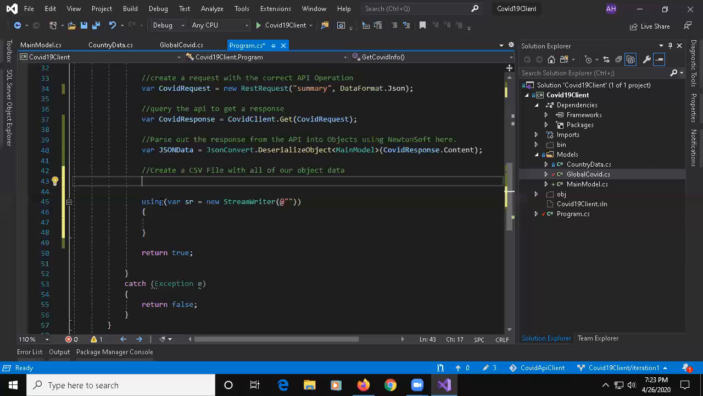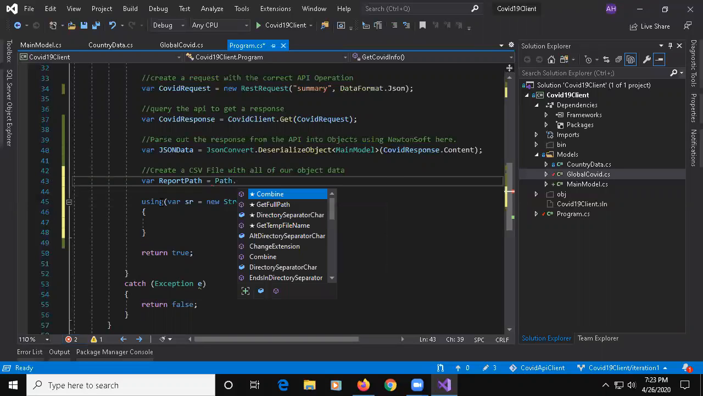So let's do this before we do that. We are going to create a couple of different things that we're going to form our StreamWriter with. So the first thing we're going to do is we're going to have to put this somewhere on our computer, right? So let's create a path, var reportPath equals Path dot create set